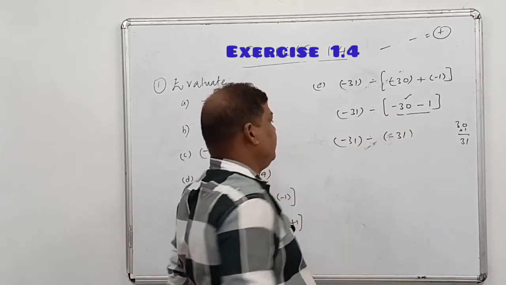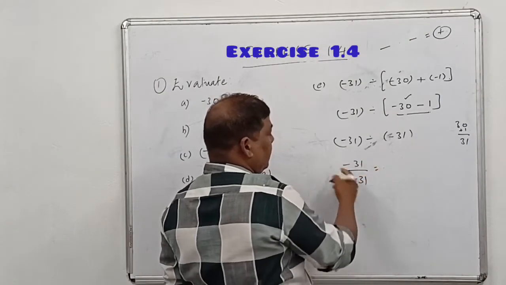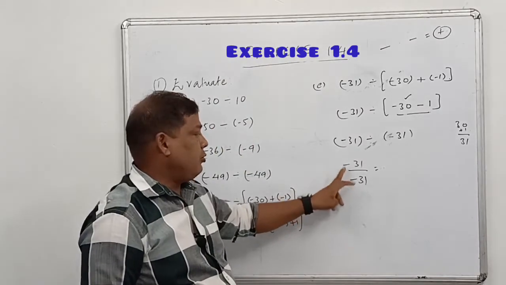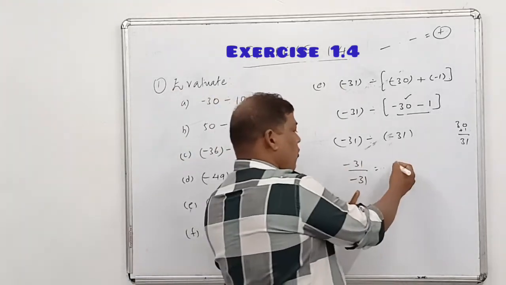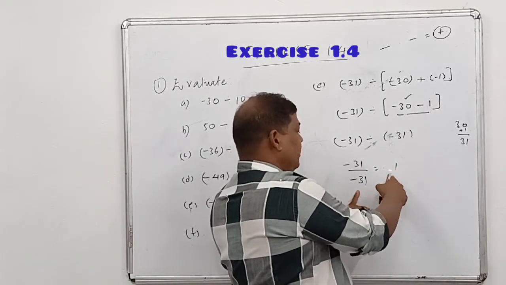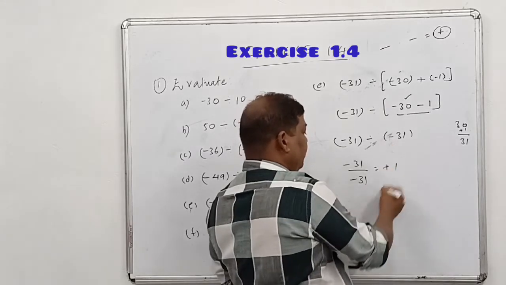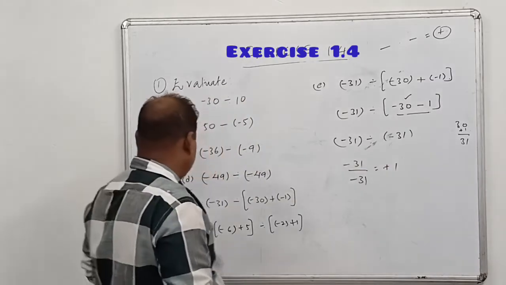That is minus 31. Now minus 31 by minus 31 will be, when you divide a negative number by a negative number, first of all you divide them as whole numbers, 31 by 31, that is 1, it is the quotient. Then you put the positive sign before this quotient, that will be plus 1. Now we see the